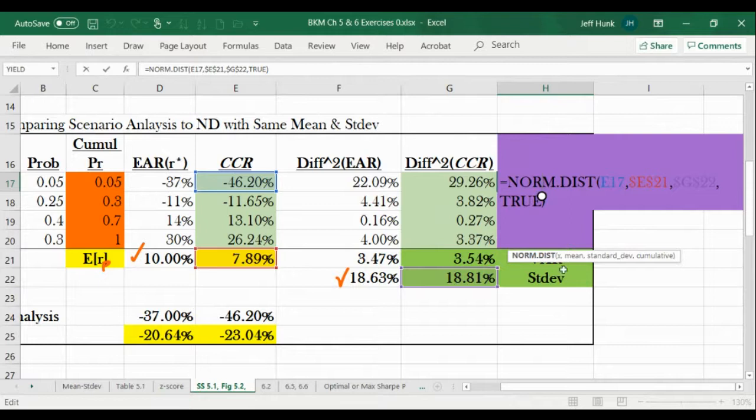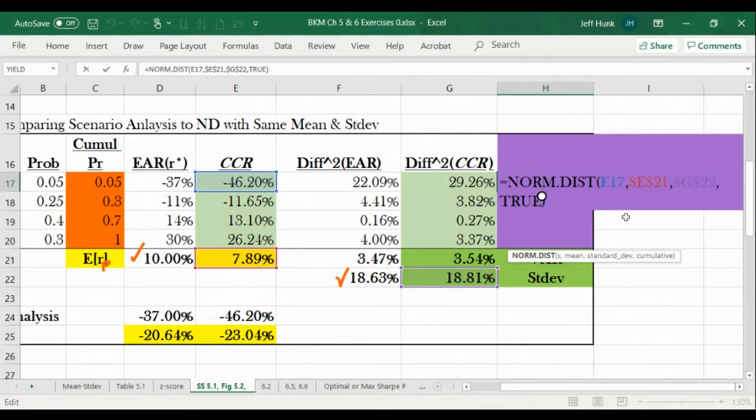Using our desired X level, which is what is supposed to be the bottom 5% result, right? If under the discrete scenario, under this scenario,